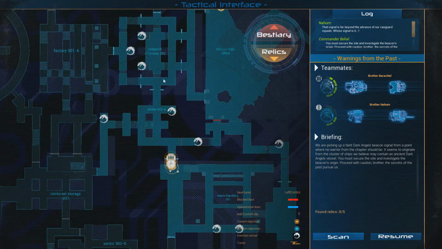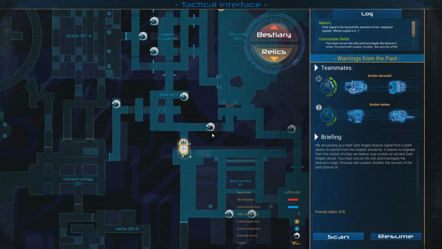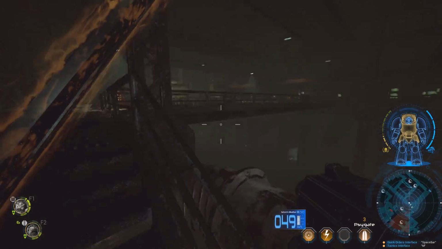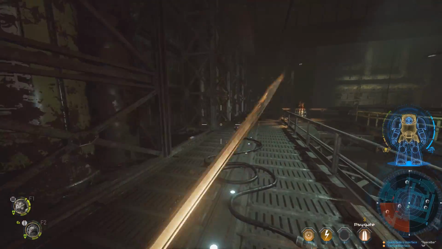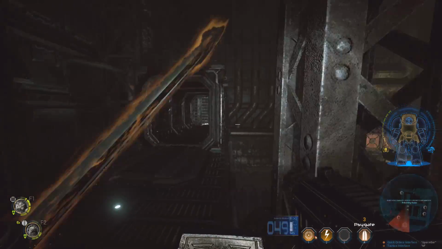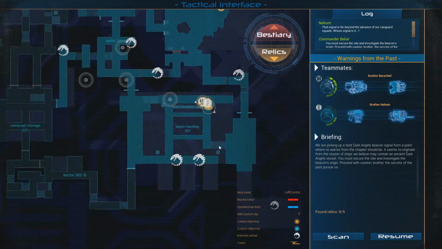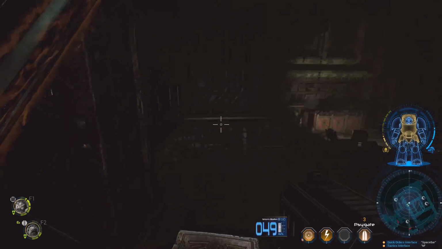I don't know if scanning actually makes anything show up. We've got factories, we've got container storage, which I think is where I was trying to go. Let's just have a look around. We're going to take our time with this mission and see if we can find any cool artifacts along the way. So, container storage. This looks similar to where we were already, but I don't know if they doubled up and had the same area twice. Couldn't honestly tell you, although it looks like we might have a door back around, so if I turn to the left...